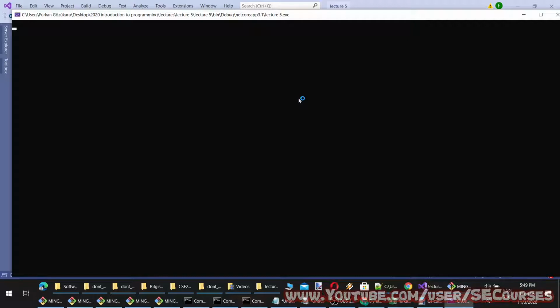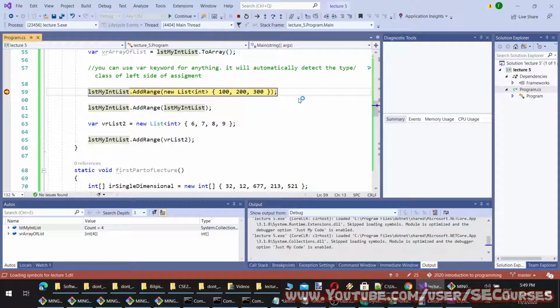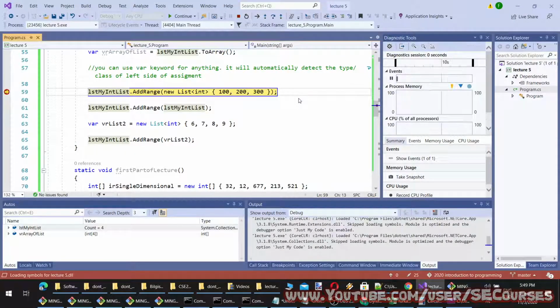By the way, if we are going too fast right now, at home please pause the video and type it yourself. I have to go faster here, but at home you can pause the video and write every line of the code yourself, which would be much more efficient and better for you.